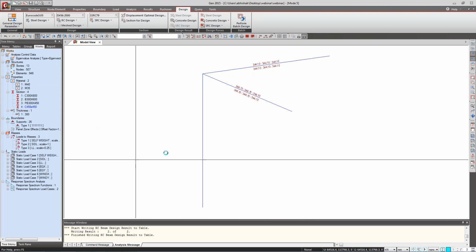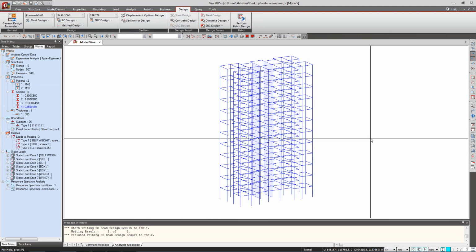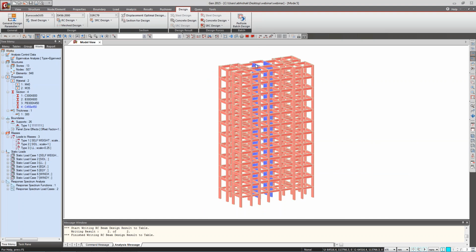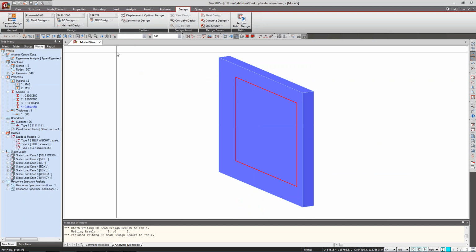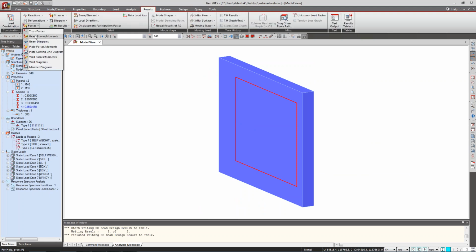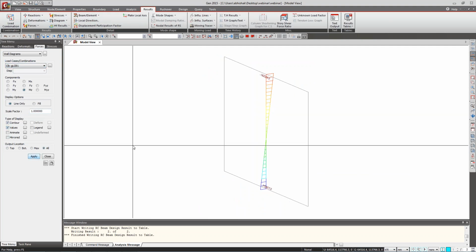Now I will tell you about shear wall design. I open one shear wall. Now this is the shear wall. I click here. Now let's see the bending moment diagram and this thing about the shear wall. First go to the result. In the forces you have to say wall diagram. Once you click on the wall diagram, it's Mz, you have to select the combination, value, and I say apply. Now here you can see